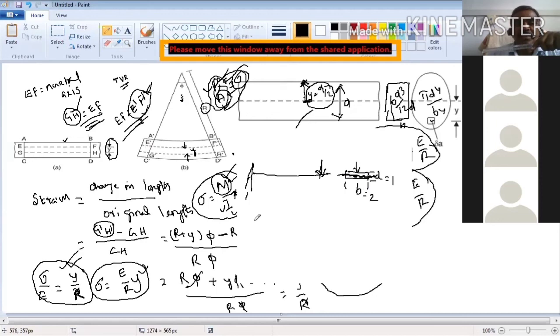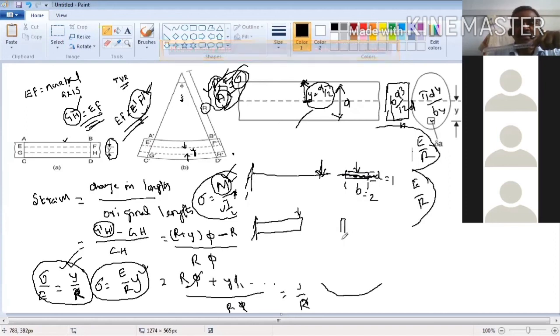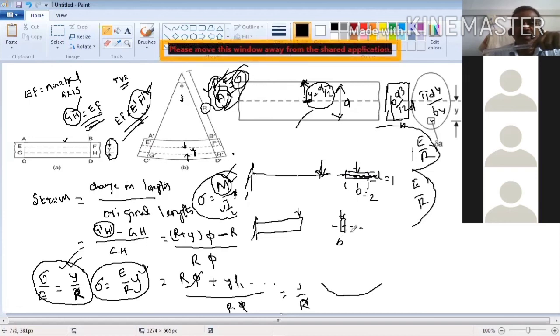Similarly, the same scale is kept like this and load is applied. In such a case, the cross section will be like this. Now this is B. Always the load is acting like this, so this is the neutral axis. About the neutral axis, you have to find the moment of inertia. Now this is B and this is D. Here B is equal to 1 and D is equal to 2, because initially we kept it horizontal and here we are rotating by 90 degrees.